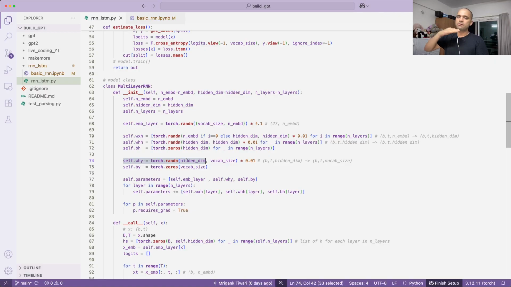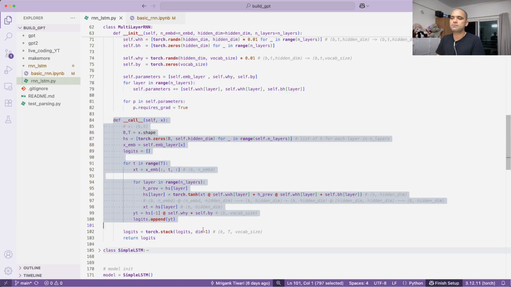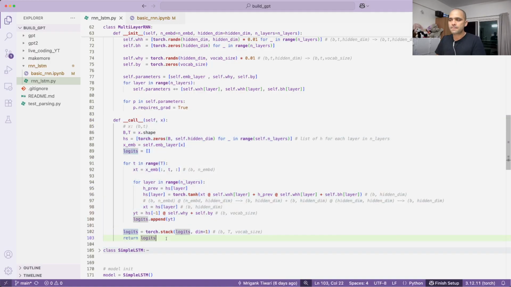The layers below that, whatever number of layers you have, you will just be getting the hidden states from each of those RNN cells at every time step, and you will propagate them to the next layer, next cell upwards. So that's why we don't have this defined as a list of multiple stacked copies of this quantity. Then the remaining things are the same parameters. We are defining a set of parameters, turning requires grad true. Defining the call function, which would be a forward function in PyTorch, basically an nn.Module functionality. So we are